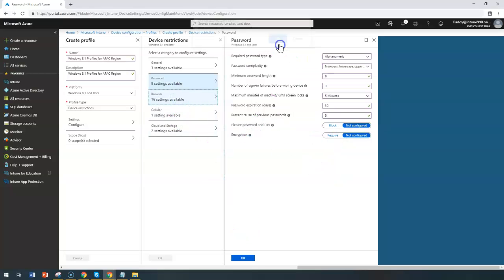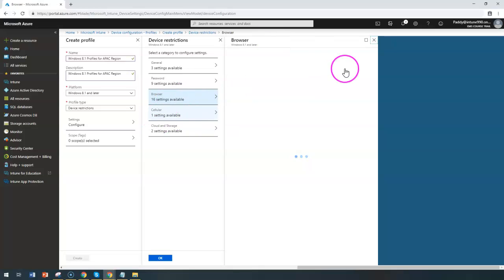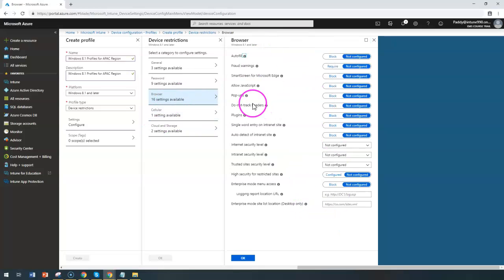Coming back to the browser settings, if I go to the browser settings, here I have very limited configuration comparatively, whereas for Windows 10 I do have IE as well as Edge specific settings. But now here you can configure just the browser settings, like autofill enabled or disabled, fraud warning, SmartScreen, allow JavaScript to be enabled, pop-ups to be blocked, or do not track headers and plugins. Do you want to allow the plugins to be installed? Such configuration can be done here, and the internet security level and intranet security level, whether you want to configure